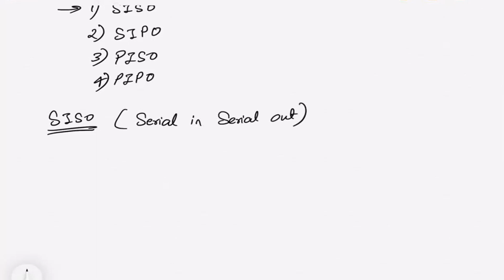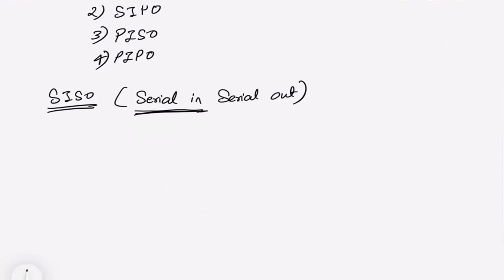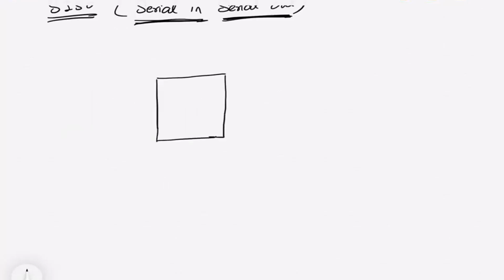Okay, so as you are seeing, it is serial in, means whatever data you are giving, you need to give it one by one. Okay, one bit at a time. And serial out means whatever data you have inside your register element, you can take out that data one by one. If I take one D flip-flop,